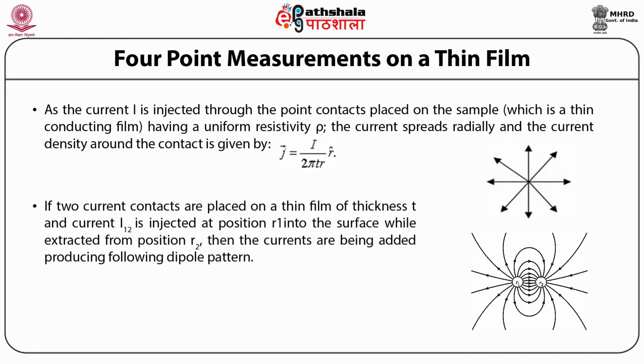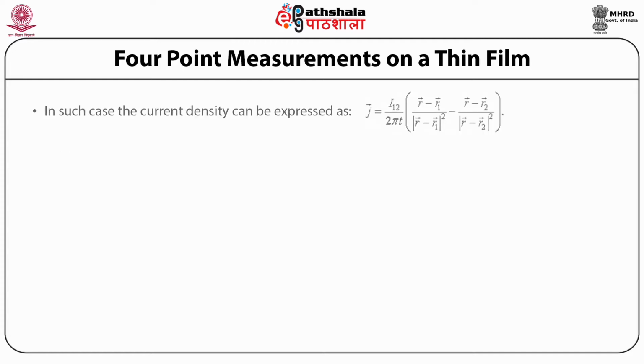If two current contacts are placed on a thin film of thickness t and current I12 is injected at position R1 into the surface while extracted from position R2, then the currents are being added, producing the following dipole pattern. The thin film approximation is valid only if the interspacing between the contacts is much larger than the film thickness. In such case, the current density can be expressed as J = I12 / 2πt